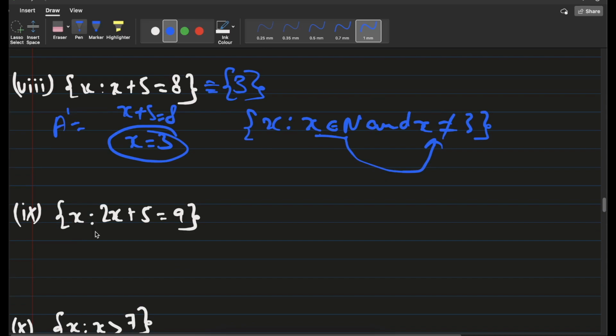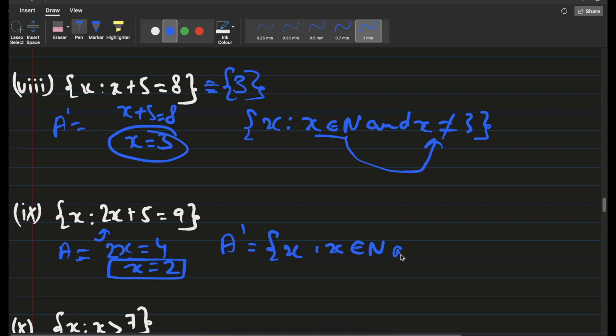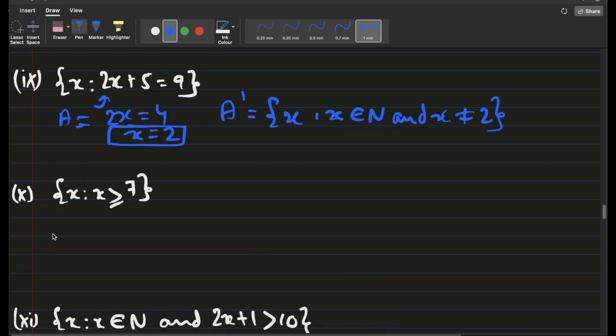ओके, नाउ नेक्स्ट क्वेश्चन. इफ A इज दिस, देन x यहाँ पे क्या बन रहा है? 2x would be 4 and x would be 2. So we have to remove 2 from our natural numbers. So what would be A complement? X such that x belongs to natural number and x is not equal to 2. Got it? In the same way, this, if we write this,